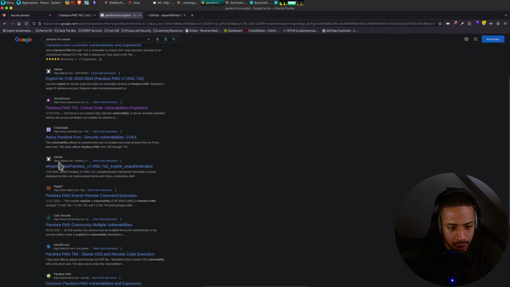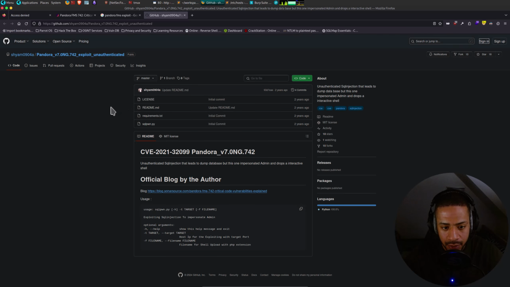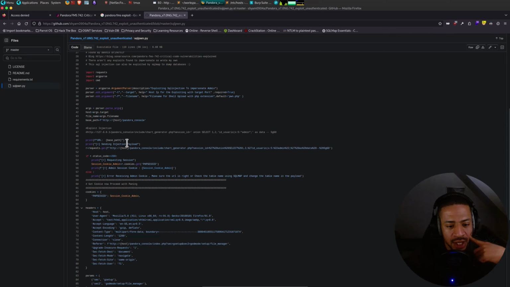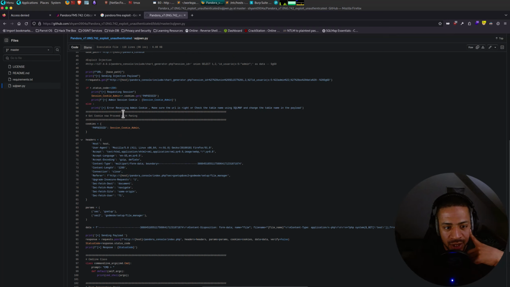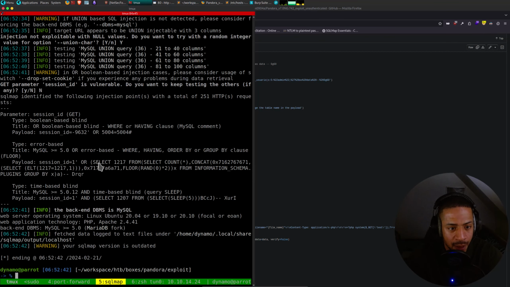This one could be good. Let me see. Yeah, and also the thing with running unknown exploits, it's not always smart. So read the code first. So this one does exploit the SQL injection. Let's see. Takes the host, goes onto the vulnerable parameter, and okay, there's a union SQL injection. Let's see if SQLmap finds this as well.